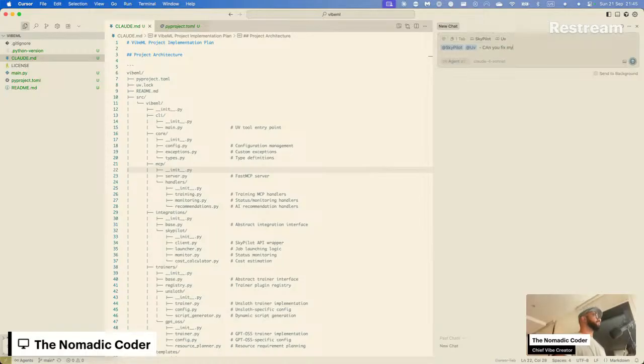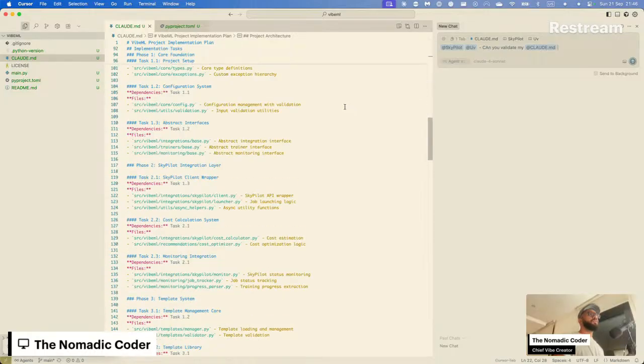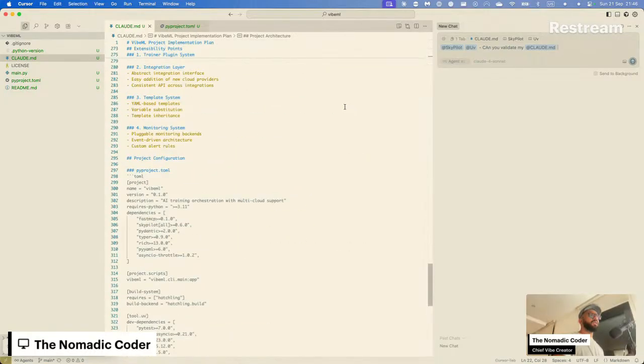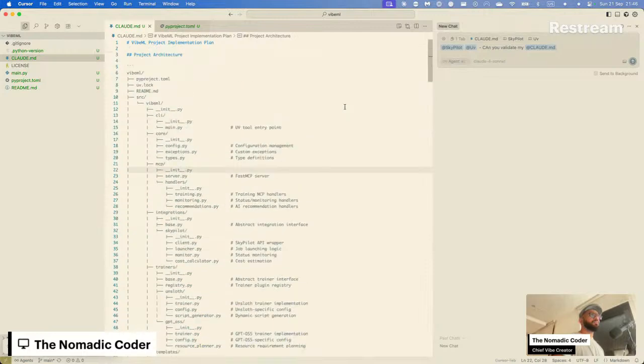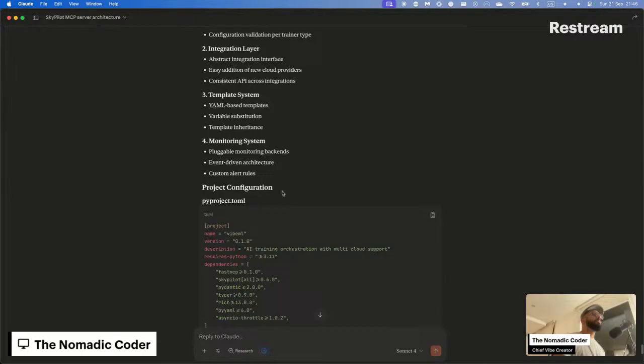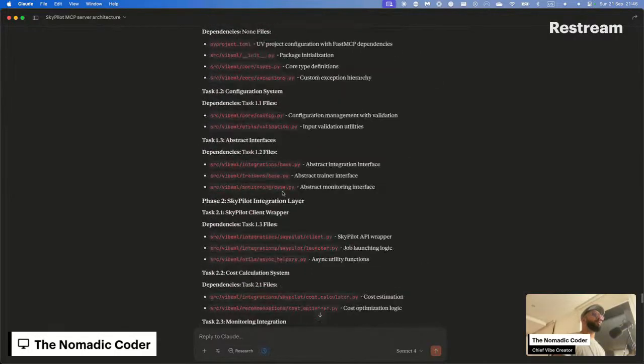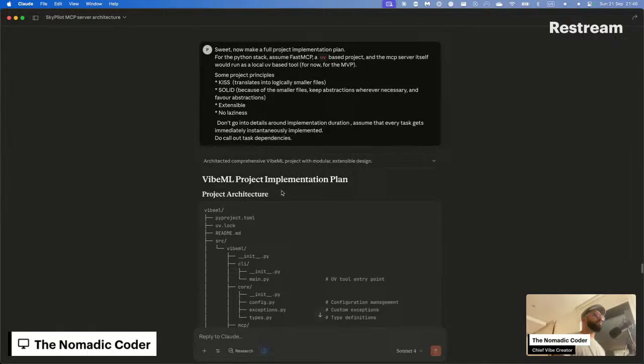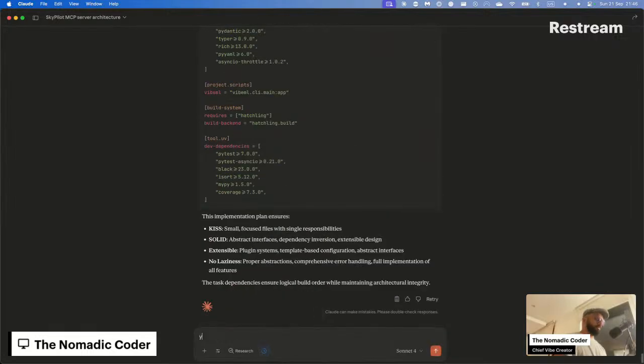Can you validate my Claude.md? There's no context. This project implementation plan, and no, what? This is dumb. Doesn't even say what to implement. Yo, this implementation plan is super insufficient.